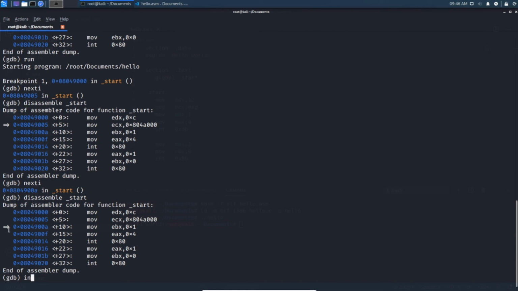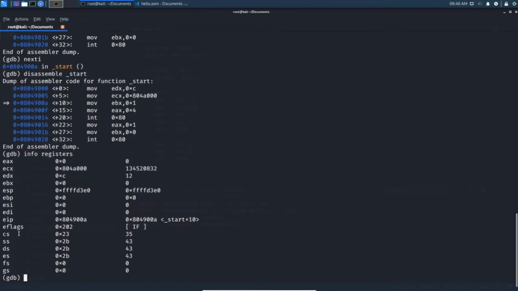And if you want to see the information about registers, then you can enter the command info registers. See here, you can see the next instruction to be executed as this one, so the EIP is also stored as that address, so everything is okay. So that is how you can see the information about registers.